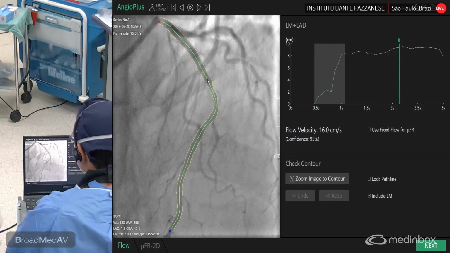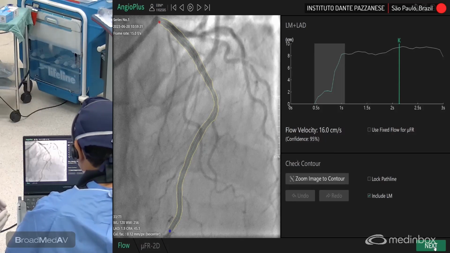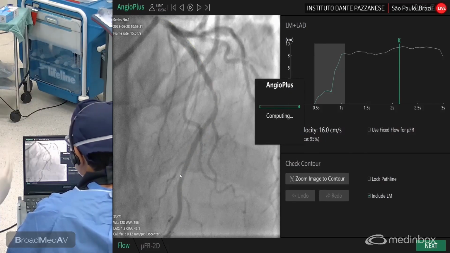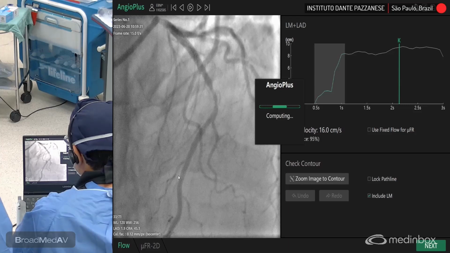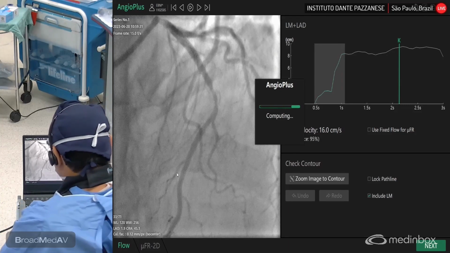Yeah, because you have a disease in the left main, right? If you didn't have a disease, you didn't have to go up to the os of the left main, correct? But if you have a disease, then you should take all the disease segments into consideration, correct? Perfect. So what we are doing now, for those who are following us here now, we're doing a